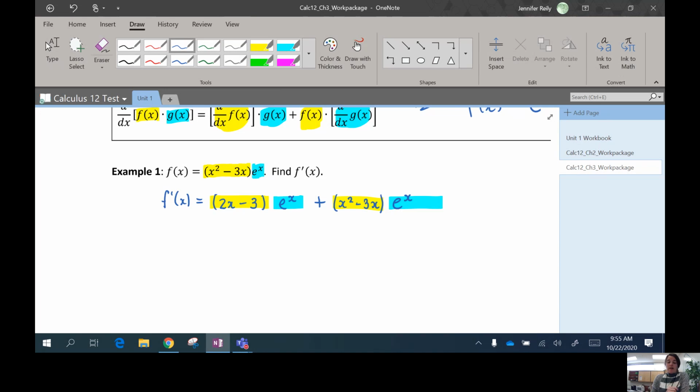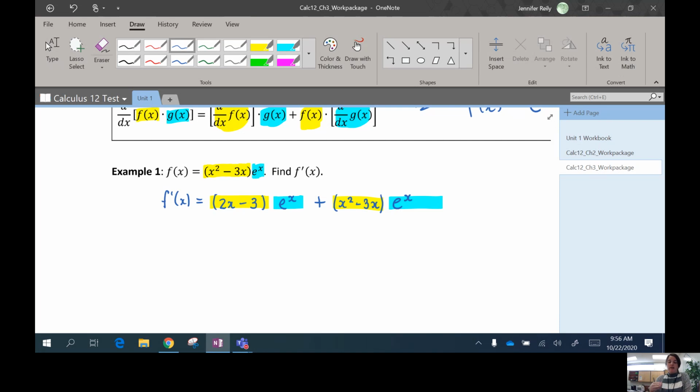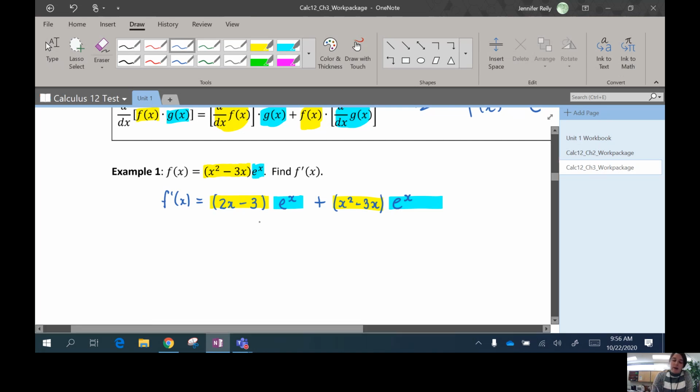So on the test, if I'm just testing you on the product rule, I just want to know that you can apply the rule. So I'll ask you to stop there and not simplify. However, in the textbook, the answer key is going to have it simplified. So I'll simplify here, but you don't need to on a quiz or a test. You don't need to go farther than this. But we can simplify by